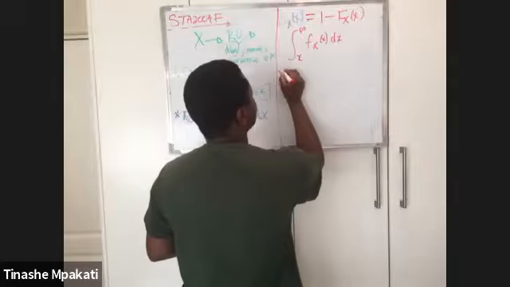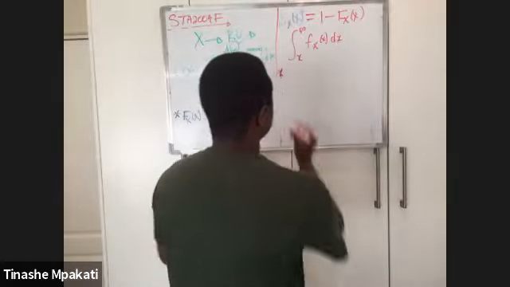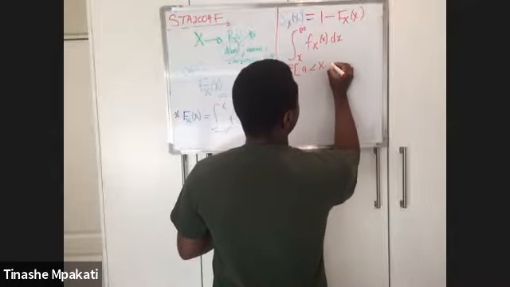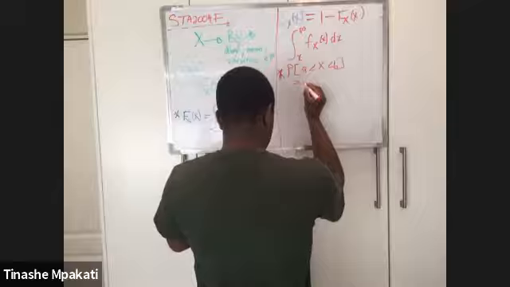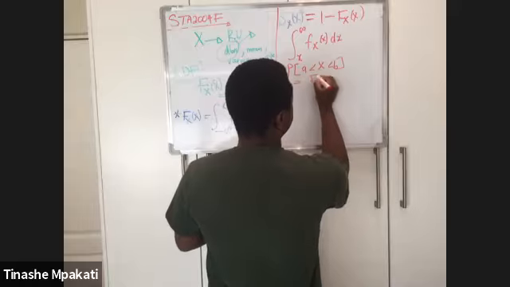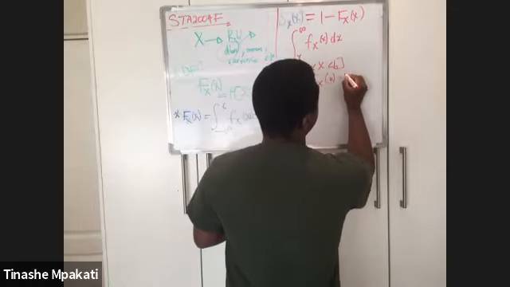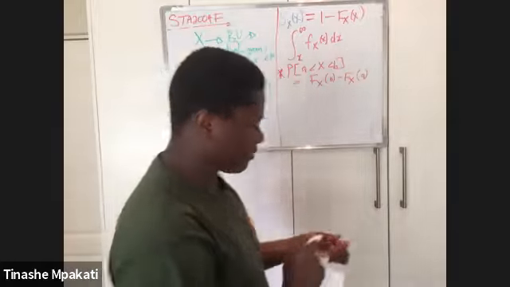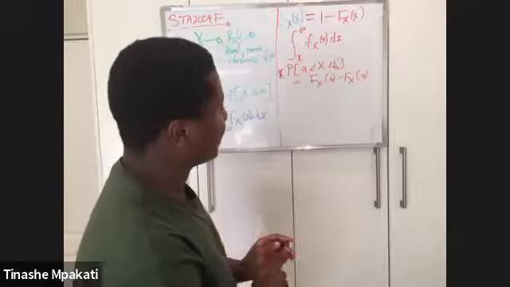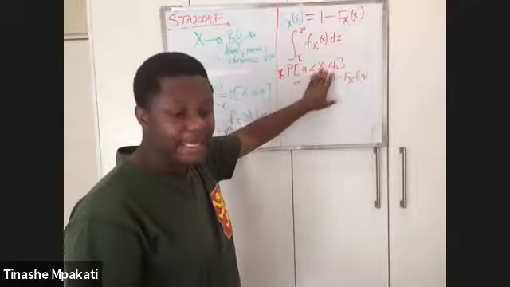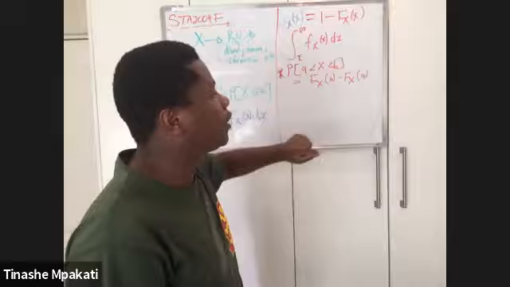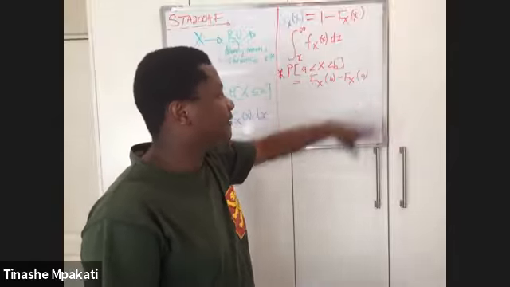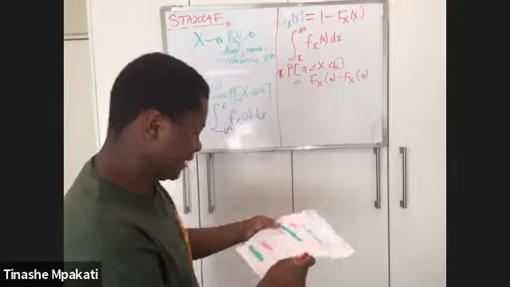One other characteristic of the CDF is that when you want to find the probability that your random variable x is between a and b, this is simply equal to F of b minus F of a, like this. What this means is that if you've got a random variable x, which you've got its CDF, and you want the probability that x is between a and b, all you have to do is take your CDF evaluated at b minus the CDF of x evaluated at a.